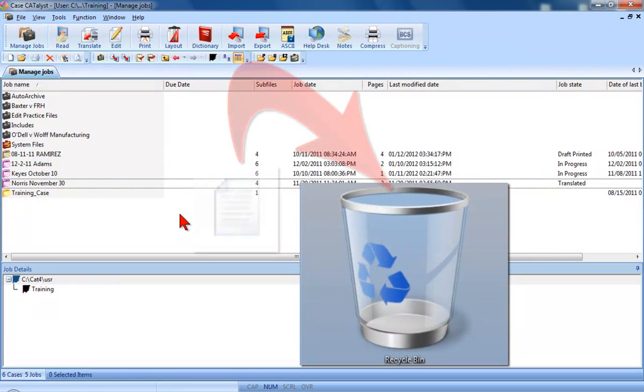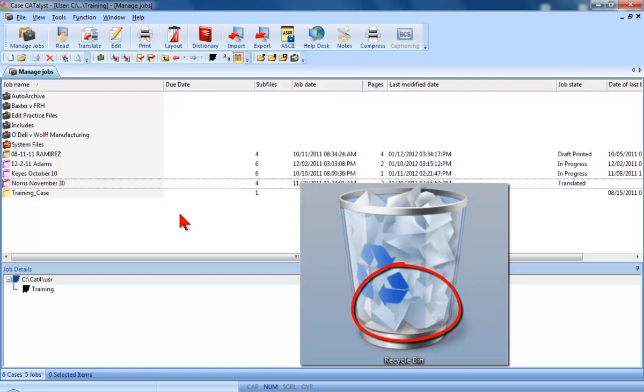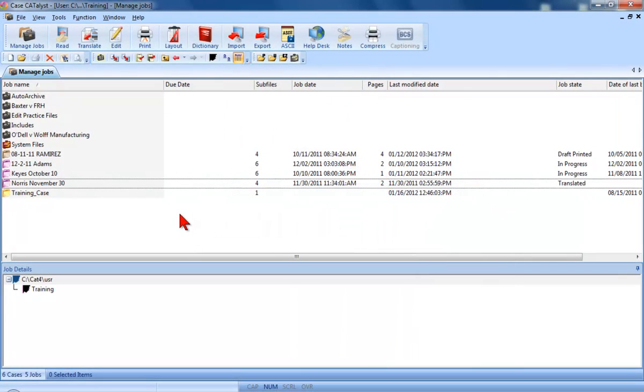The amount of time that a file remains in the Windows Recycle Bin depends on the amount of disk space that was allocated to the Recycle Bin. Once this area is full, the oldest deleted files are automatically removed to make room for the newly deleted files. But while it's good to know that if you accidentally delete a file, there's a chance it can be recovered from the Recycle Bin, it's always best to not delete any files until you have first backed them up.